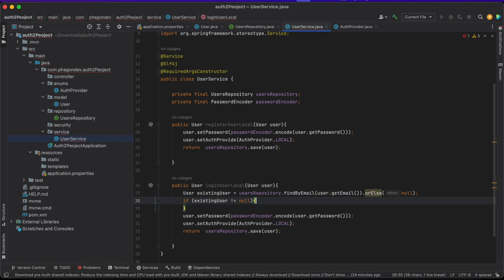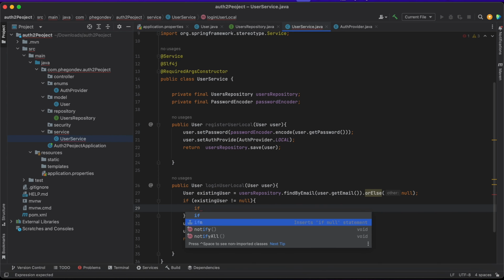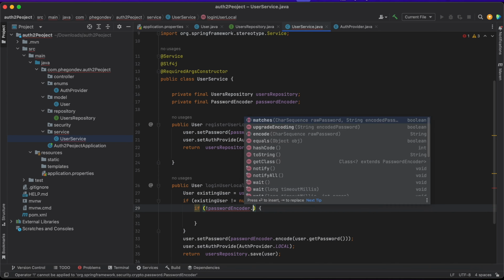If the user is not null, just check if the password exists. I'm trying to hurry up. I go to bed, so I'll just say if not passwordEncoder. I'm just going to check if the password the user is passing correlates with the password we've encoded in our DB. Just going to say dot